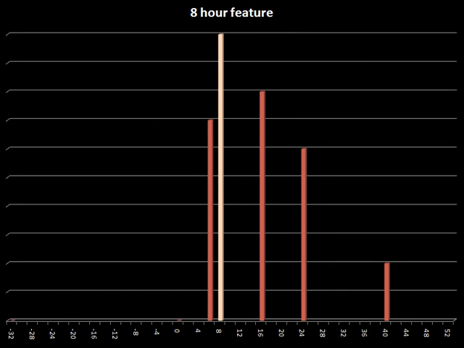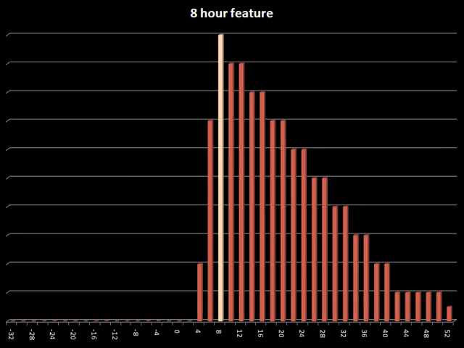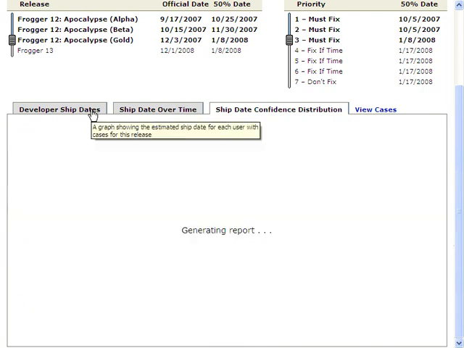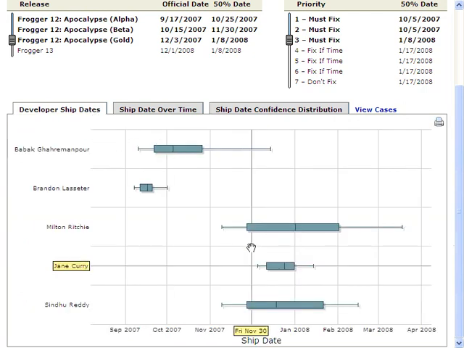Okay, that's the key point. When features go late, they go late more than they could ever come in early. So if you have a bunch of estimates, you can't just add them up and hope that the early features make up for the late features. It'll never happen. So in fact, what FogBugz is doing here is a kind of Monte Carlo simulation. It's looking at the schedule for each developer. Here you can see what each developer's schedule looks like. This is the earliest date that Jane can possibly deliver all her stuff, and this is the latest date, January